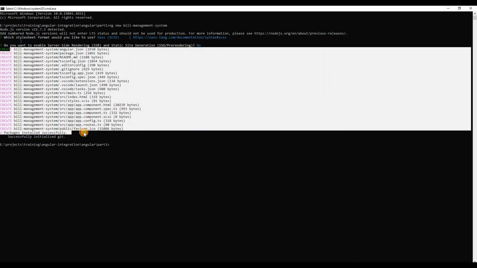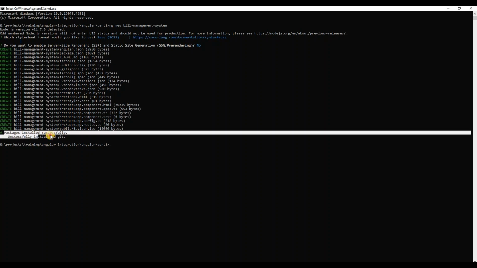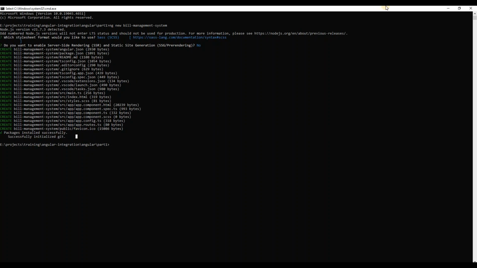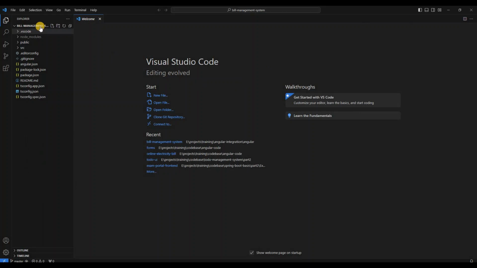This is the project structure, and it also installs all the packages successfully. Once this is done, I can import the project in my Visual Studio editor. You can see as the editor I'm using Visual Studio Code. This is the editor, and the project structure looks like this. These are the configuration files, like package-lock.json and package.json, which maintain the dependencies, basically what packages are used. And this app folder has the HTML, SASS files, as well as the test files, the spec files, and